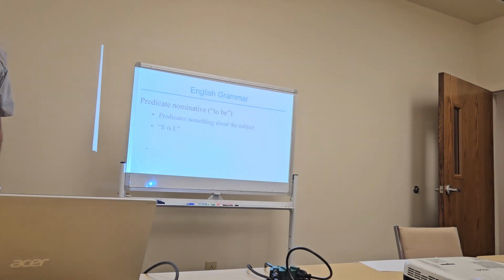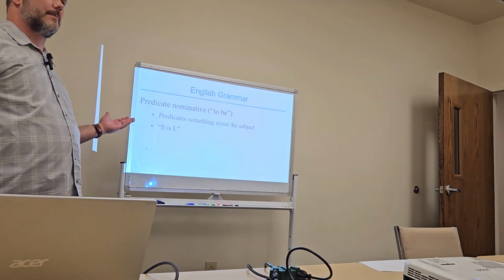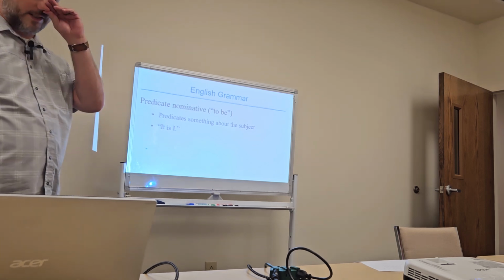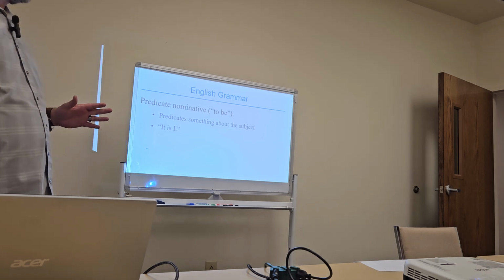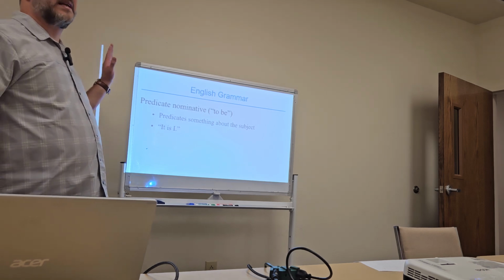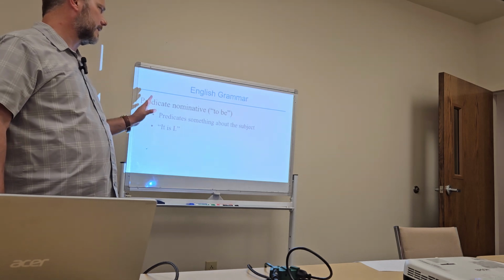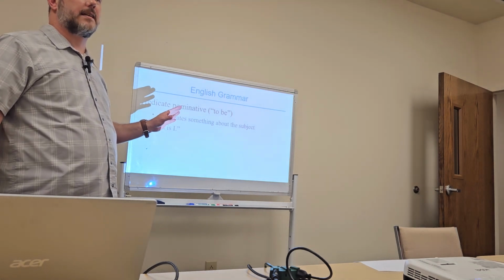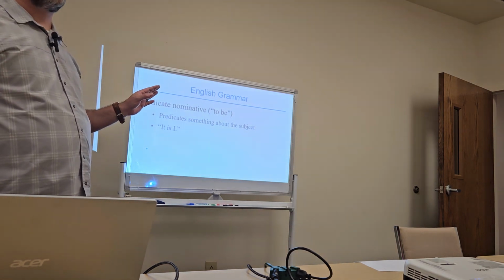So then, moving on to the predicate nominative in Greek. I think only Miranda was here in the first class where I showed a video that went over this. Greek uses this function called the predicate nominative, and it predicates something about the subject. You're going to run into this hugely. It's basically either an implied "to be," or it's